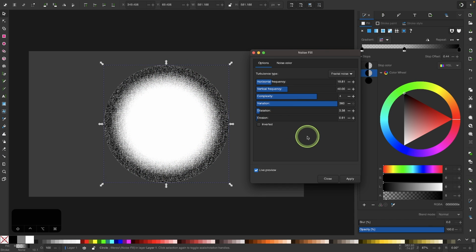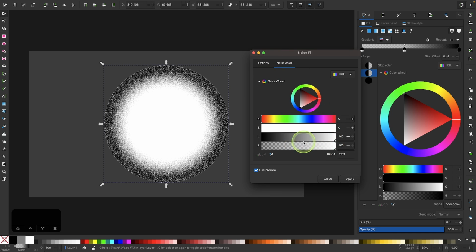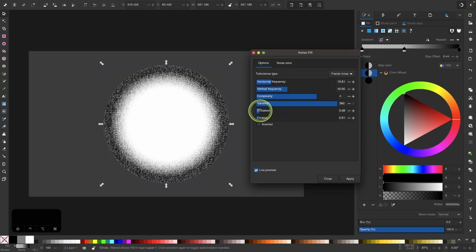Now, a couple of things to keep in mind. First things first, I want to come over here to where it says noise color, and I want to take this A channel and make sure I have this all the way down to 0. If you don't see an A channel here, just come up here to this drop down and choose HSL from this list. And now I'm going to come back over here to the options tab,